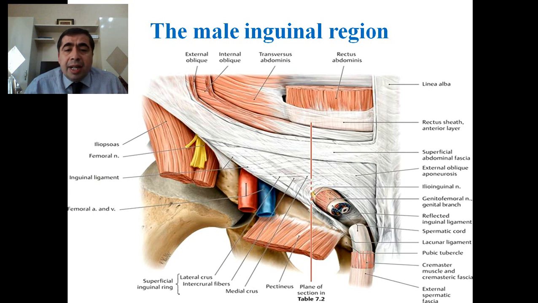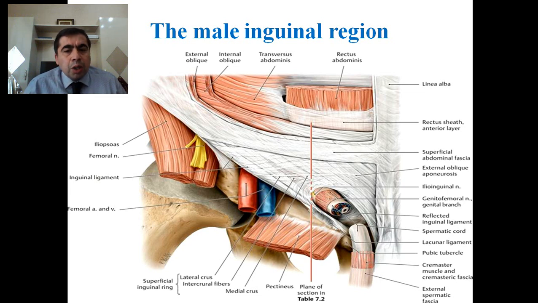And the inferior wall, the floor of this canal, is formed by the inguinal ligament, and the superior wall is mainly formed by the muscular portions of the internal oblique and the transverse abdominal muscles, a cleft-like structure with